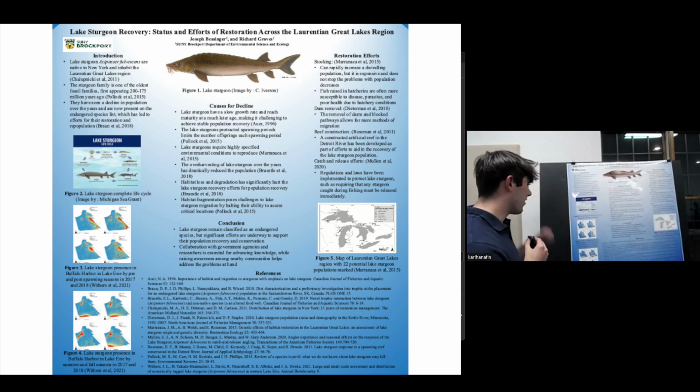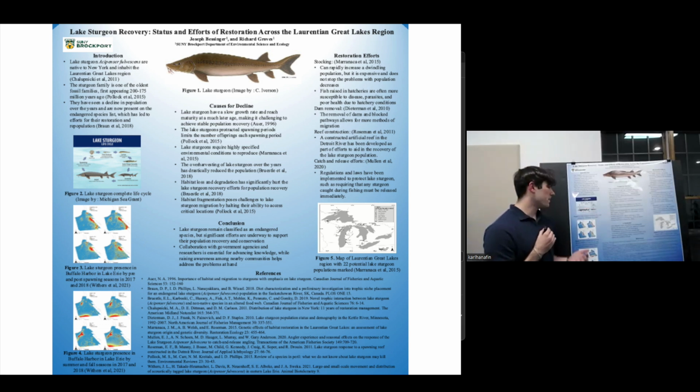So it makes it very hard for the population to actually recover and stabilize if they have to wait that long to get to that age to spawn, as well as protracted spawning periods limit the number of offspring, tagging along with the slow growth rate to make it very hard. Another reason is that lake sturgeon require a very highly specified environment to spawn in. So certain types of sediment, certain kinds of discharge, certain temperatures. They need very specific conditions, and if they don't have that, it makes it hard for them to spawn.